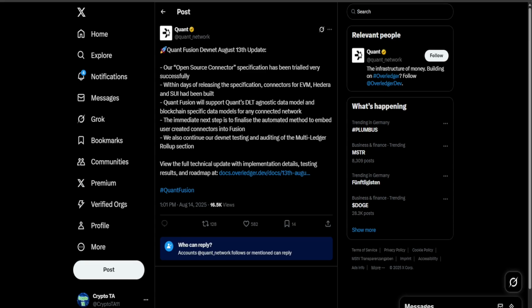And in this update, we are going to check out QNT's price chart and see what is going on in the very short term. And I do sort of believe that we are going according to what we said before, but it is a little bit complicated. We are going to talk about those in a minute. But before that, we are going to first talk about this important tweet from QNT's account, which talks about